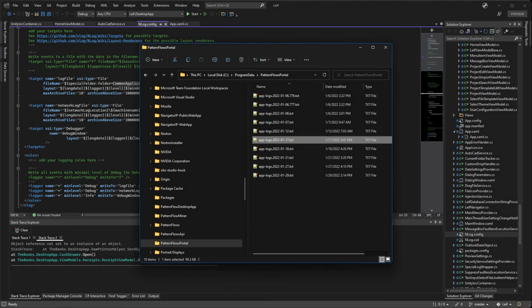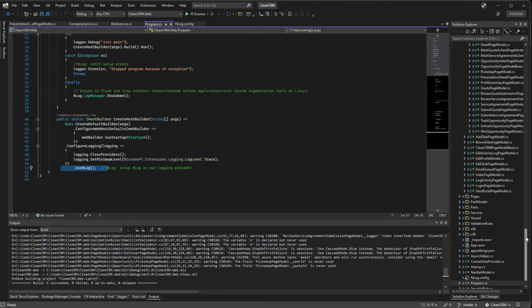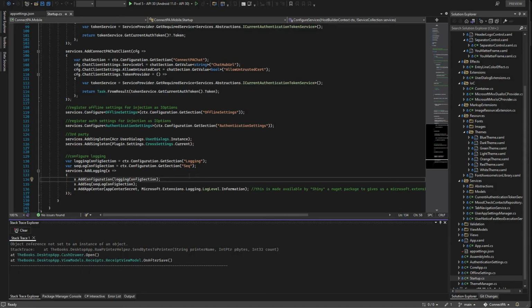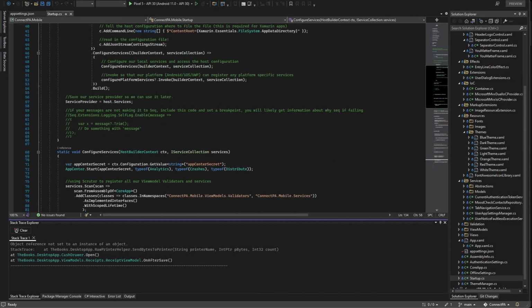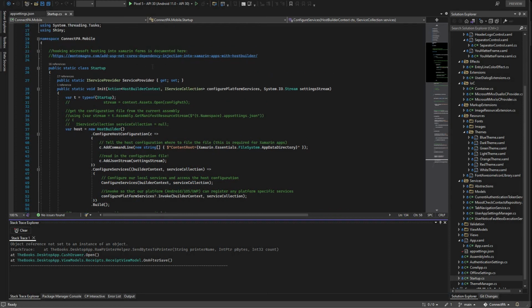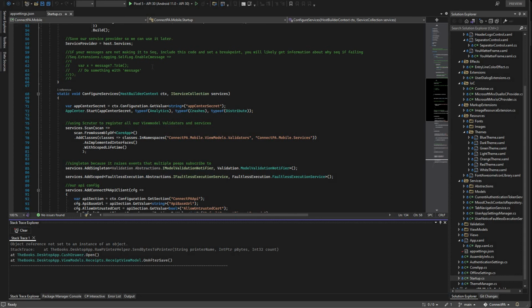My third tip is that you use Microsoft Extensions logging if you can. So Microsoft Extensions logging is part of .NET Core. It's absolutely not limited to .NET Core applications. For example, there's great documentation for how you can wire this up in Xamarin Forms or .NET Framework apps, desktop apps. You can absolutely get the Microsoft Extensions logging and their dependency injection all working inside of non-.NET Core applications